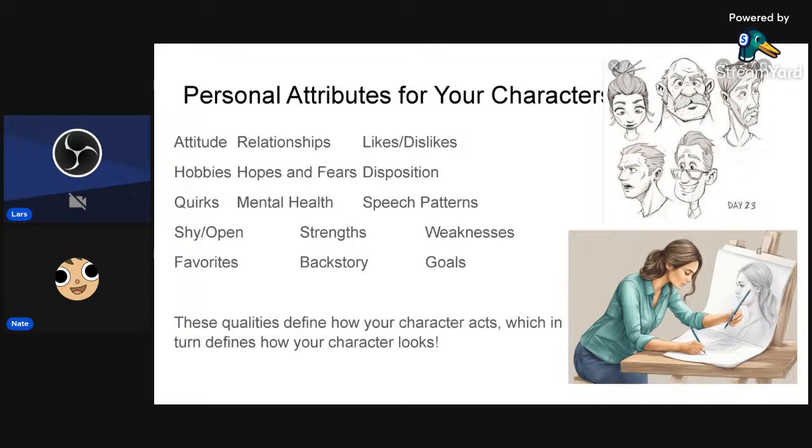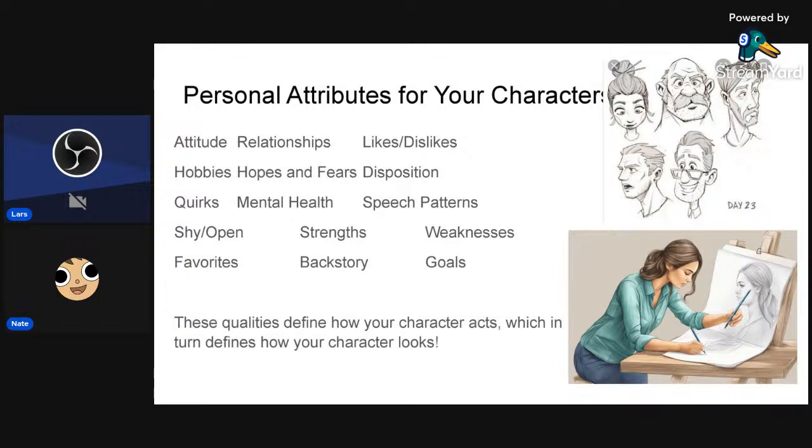Hobbies have a way of presenting themselves in the way that a person looks. For instance, might someone have dyed their hair to look like one of their favorite characters, or to fit in with the people who like their favorite band? That's something to consider right there. Or are they wearing a ring or earrings? Do they have a tattoo that shows something that they really like? Hobbies present themselves in various ways in how a person looks.